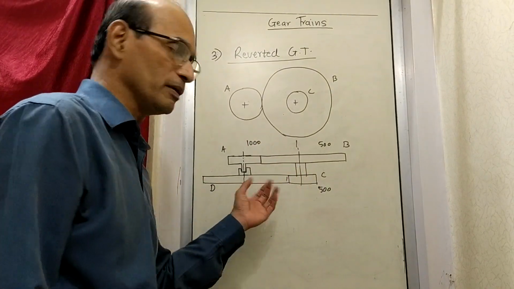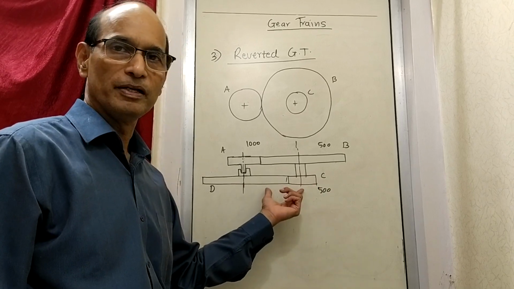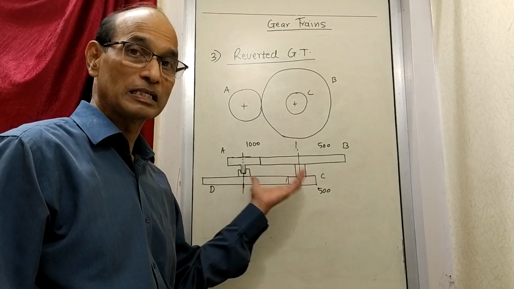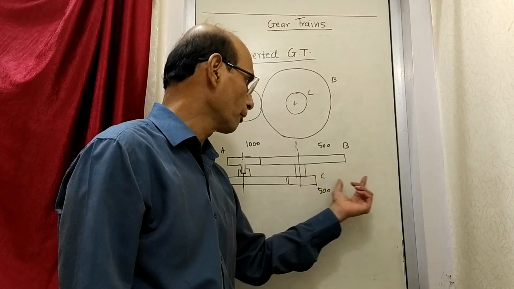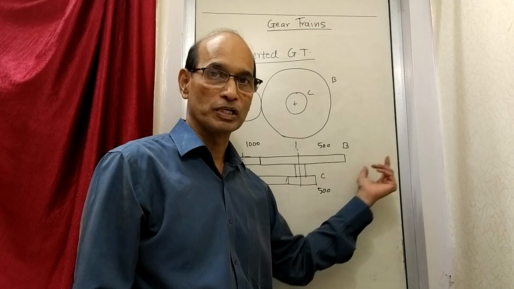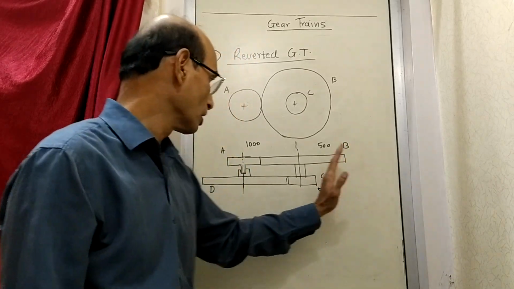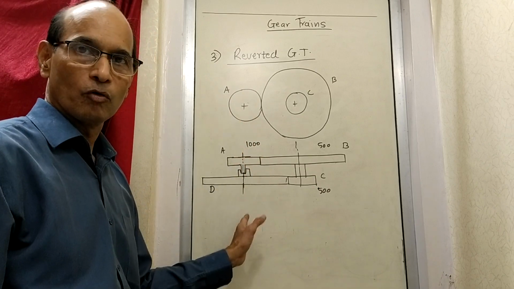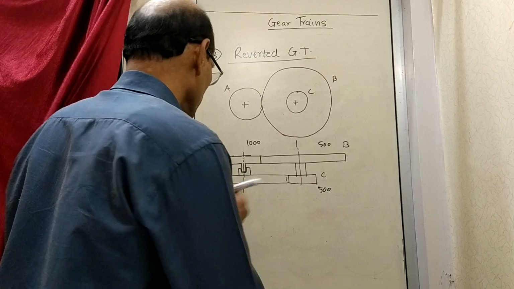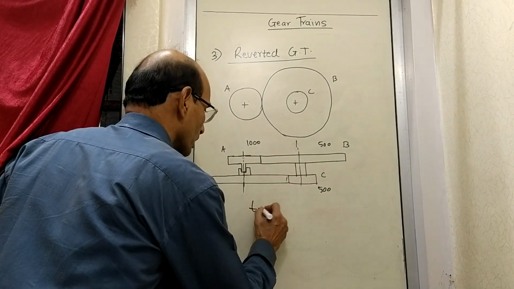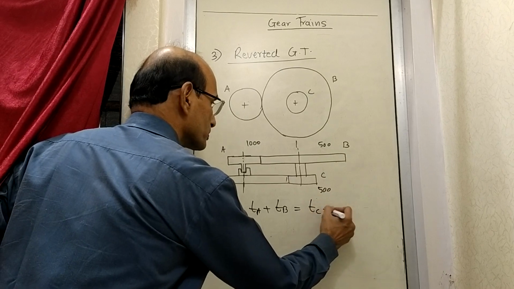Now for gear D, what is going to be the speed? That will depend on the diameter ratio here. Now this diameter ratio has some slight difference. In the earlier case, D could have been of any diameter. There was no restriction because the axis was free, it could have been anywhere. Now because the axis has to be here, the total of the teeth, I'll write here, teeth of A plus teeth of B should be the same as teeth of C plus teeth of D.